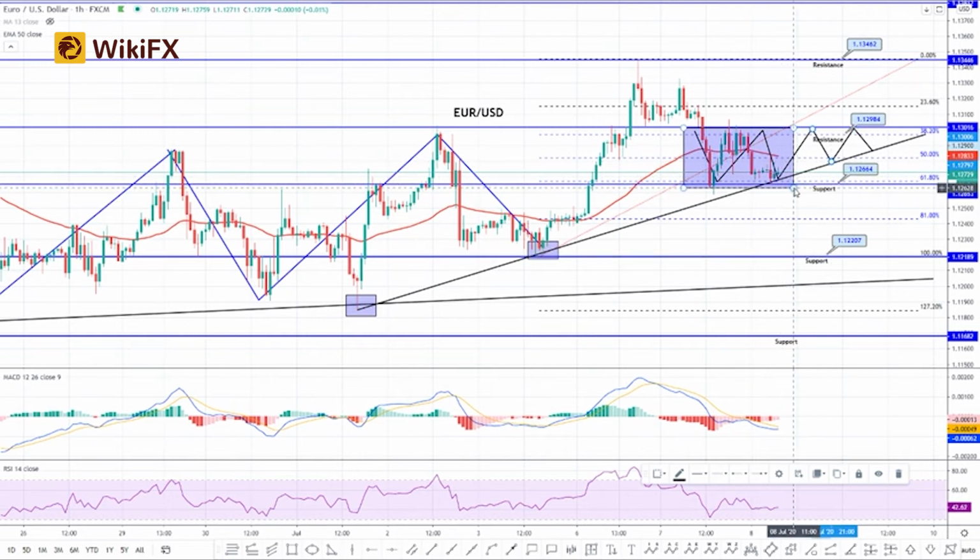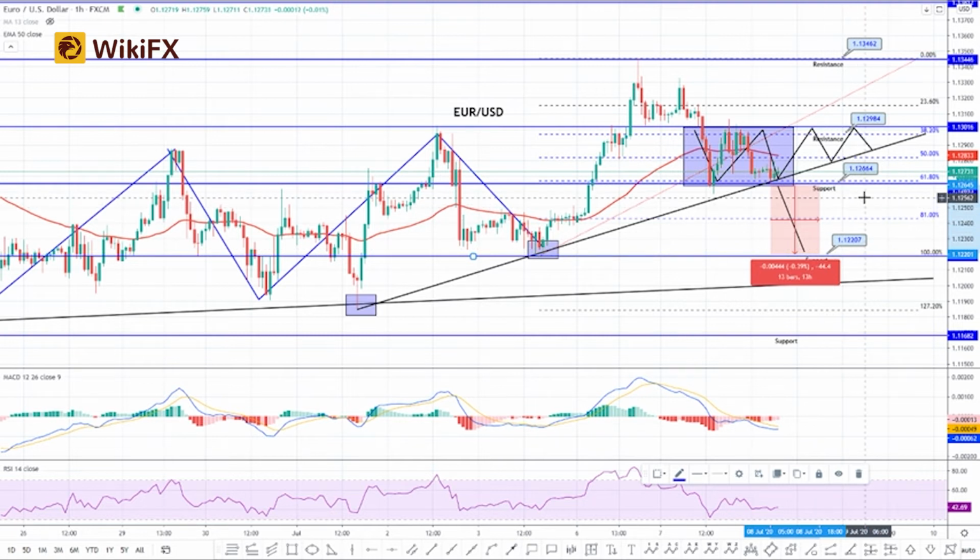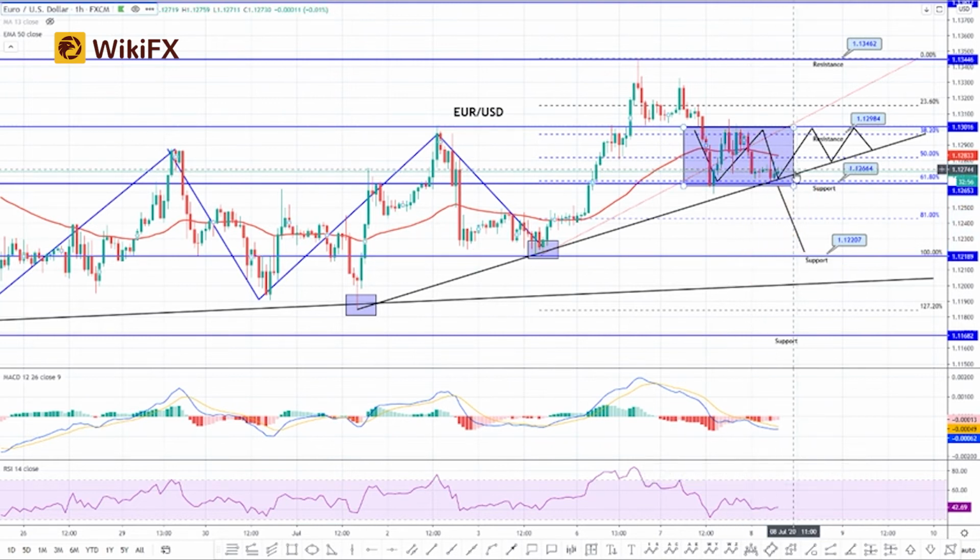For example, if market breaks below and starts making candles below this level, which is 1.1266, the next target for Euro USD is likely to be somewhere around 1.1280 level. And if you say this is going to be the difference of 45 pips, which can be a pretty nice trade considering the intraday trading. Anyways, if market manages to stay above 1.1266 level, if it continues to hold above this level,